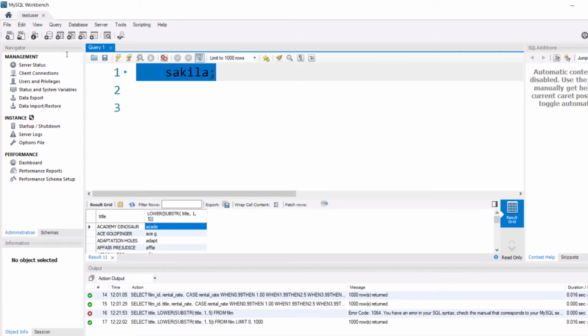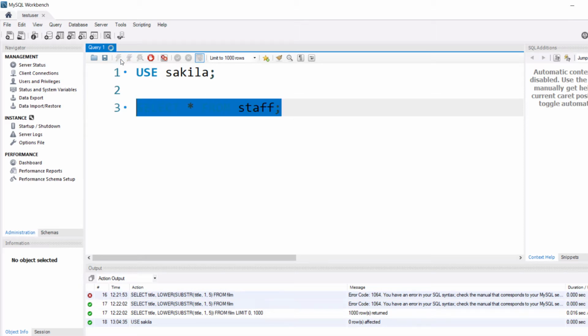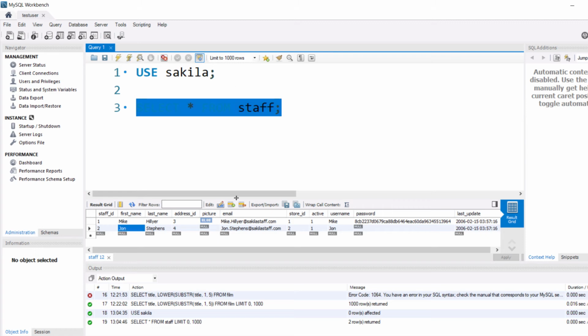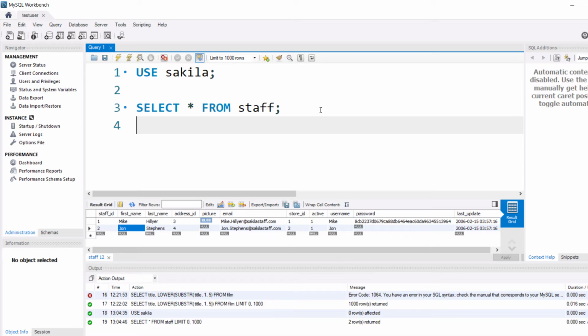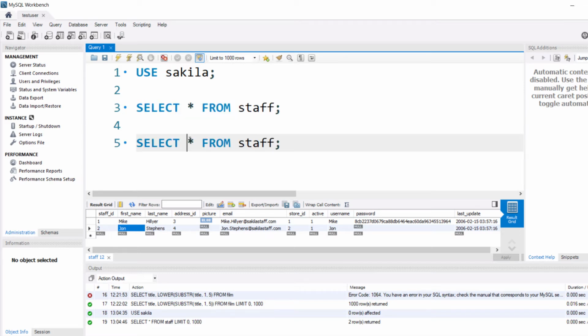We are just going to use Sakila database. I'm going to say select star from staff. So this is what we have in the staff table. Okay. Now I'm just going to copy this statement. And here I'm going to use our very first group function, average.